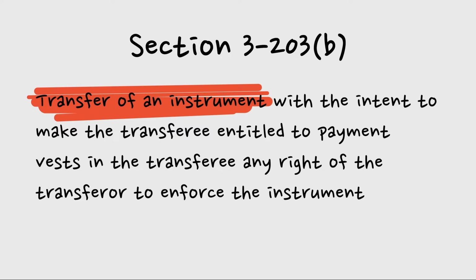And if her intent is to make the transferee bank entitled to payment, then even if they are not made a holder, and they would not be, right? If it's not made payable to them because she didn't endorse it either by blank endorsement or by special endorsement, then if she nonetheless transferred it with the intent to entitle the bank to payment from that check from Bob's bank, the drawee bank, then